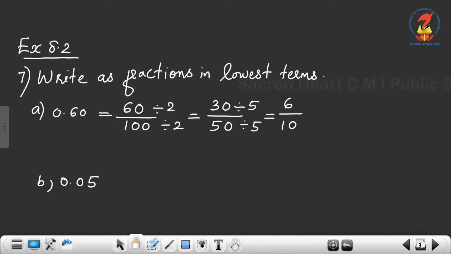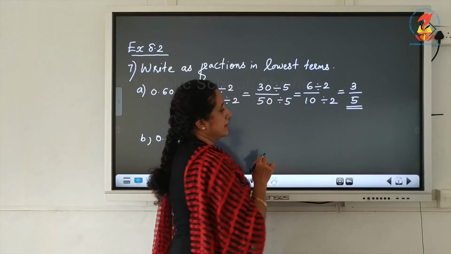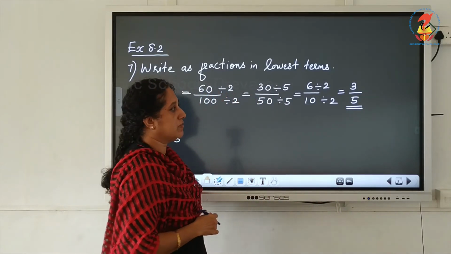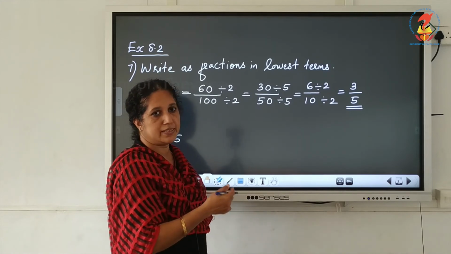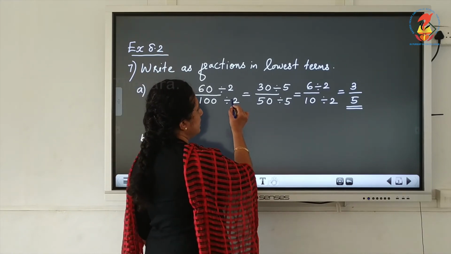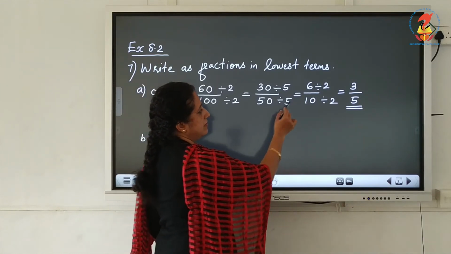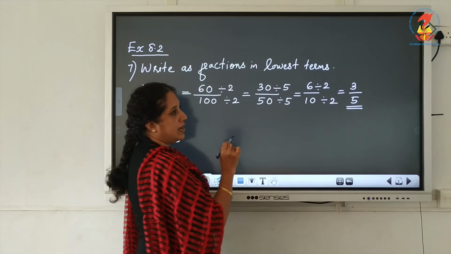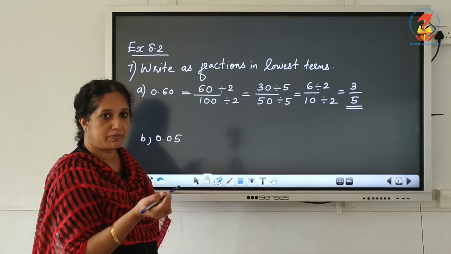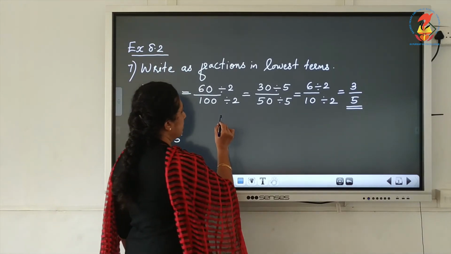Again 6 and 10, again we have the common factor. Which one? 2. So divide both numerator and denominator by 2, you will get it as 3 by 5. So here we reduce the given fraction into lowest form step by step. We did the division. First we divided the given fraction by 2, then after that 5, then after that again 2. And if we can find out the highest common factor, we can do it in one step itself,